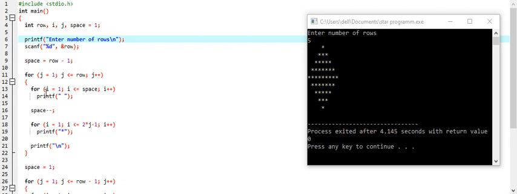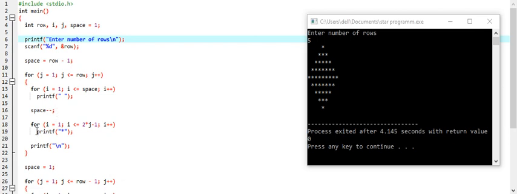I used another for loop here, but before that I have used a space decrement. I have used this because we can see that the number of spaces is decreasing from up to down. So I have used space decrement, which means that if the initial value of space was 4, now it would be 3 whenever the loop runs again.